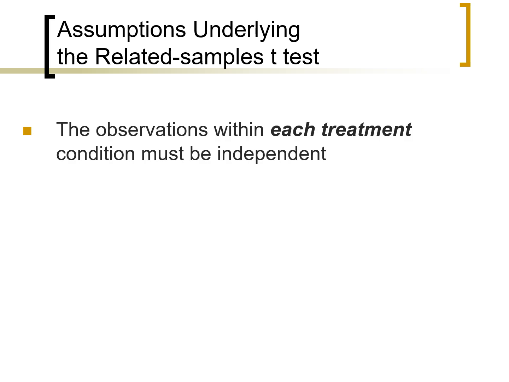So first of all, the observations within each treatment condition must be independent. For example, if you're doing a drug trial and the people taking the drug are talking to each other. You got your before measure, where they didn't know each other before they started participating, and they just honestly gave however they were feeling that day. And then the after, well, maybe they've seen each other, they're talking about participating in the study, they're comparing notes about how they feel, whether they're sicker, whether they feel better. Now that independence has been violated